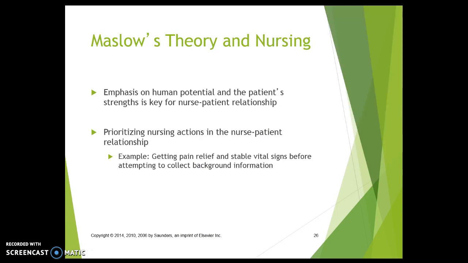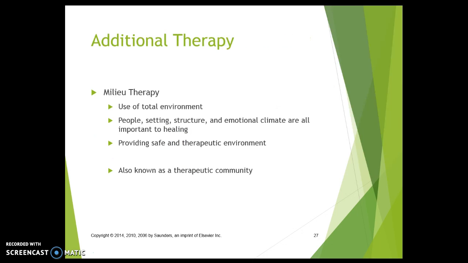The emphasis on human potential and the patient's strengths is the key for the nurse-patient relationship. So we want to look at what's the potential and what are the patient's strengths. Prioritizing nursing actions in the nurse-patient relationship. An example would be getting pain relief and stable vital signs before attempting to collect background information. If I'm working in the ER and I've got a patient in the room that's 10 out of 10 pain and they're hurting, am I going to sit down and talk to them about what brought them in and how their day was and what their history is? Absolutely not, because I have to meet those physical needs first before I can start working up